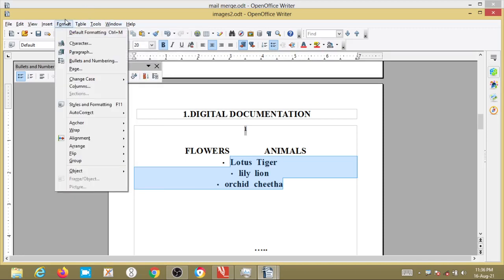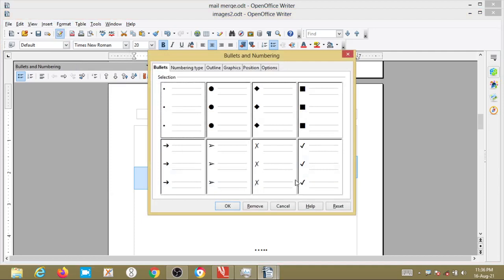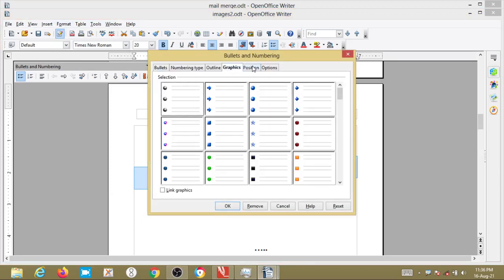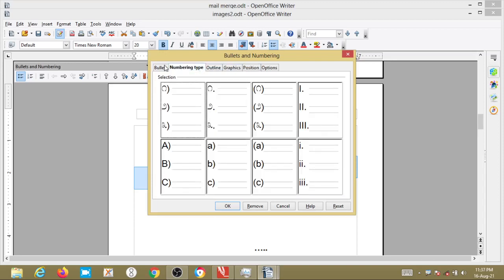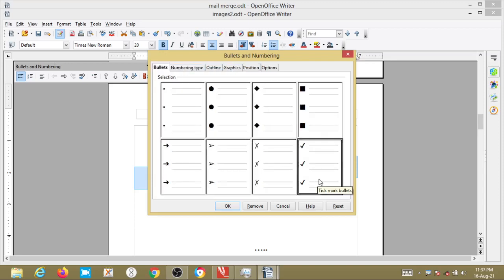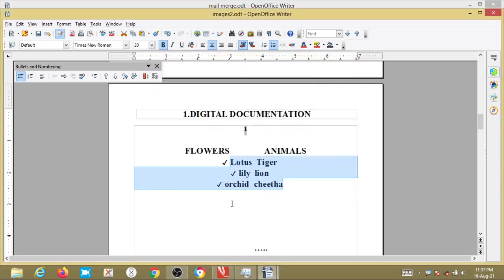Clear? Then another way to change it: go to Format, and in that, bulleting and numbering is there. Here you can select different shapes or different numbers, or even sub options. Whatever shapes you want, you can select here.